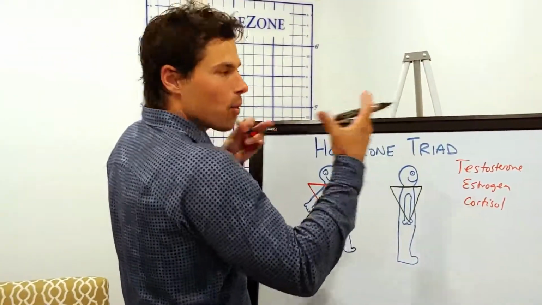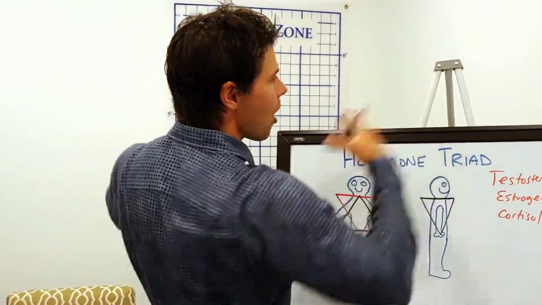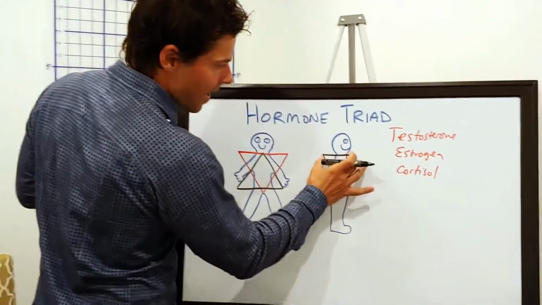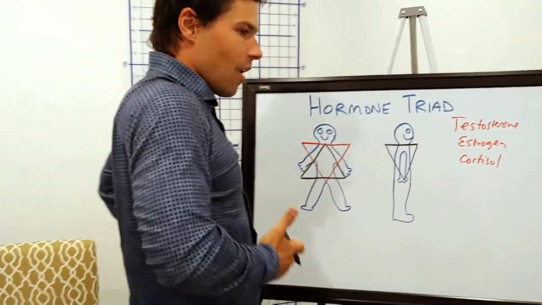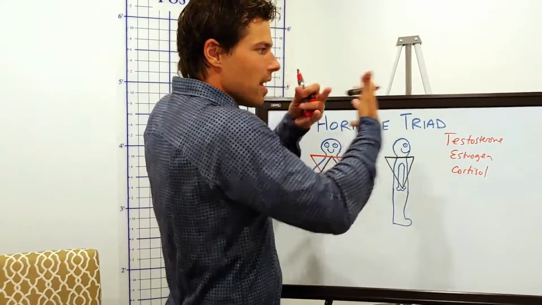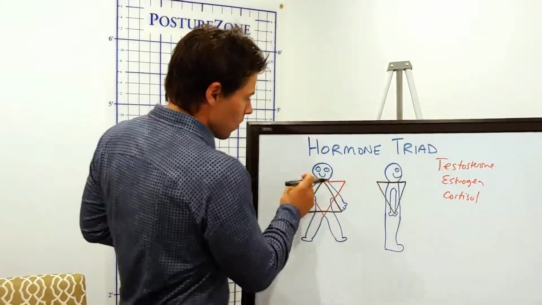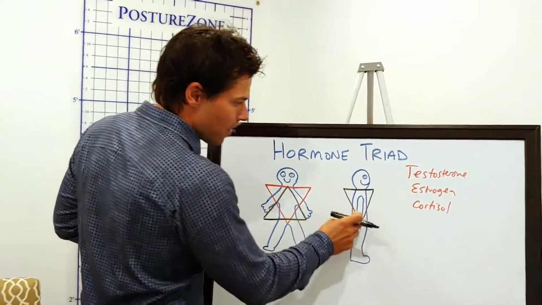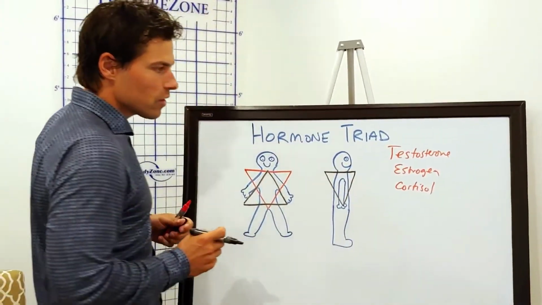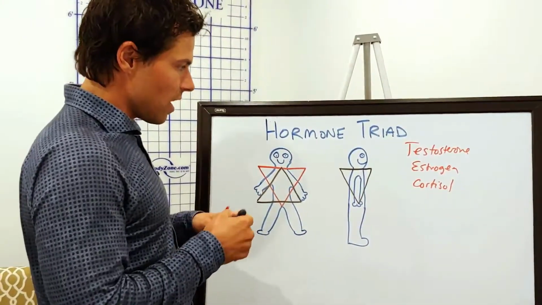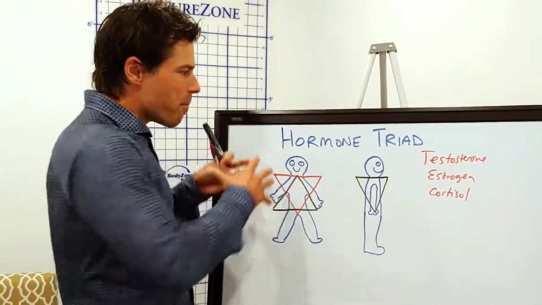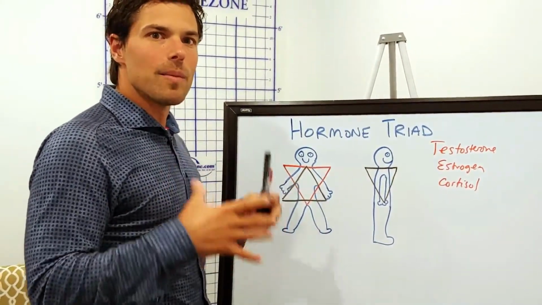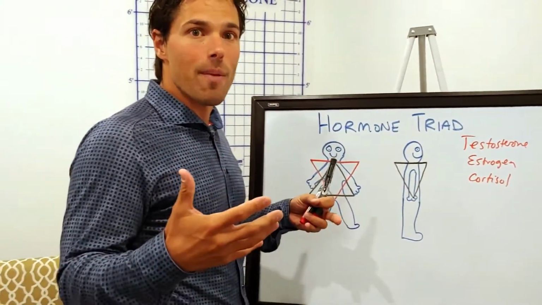If you take a side profile, you get really broad up top and thick through the chest and thick through the upper back. And then it tends to just kind of narrow itself back in. But there's a real thickening in the width of the body like that. So there's testosterone, there's estrogen dominance, and then there's cortisol dominance, which is that stress hormone. So it's just a nice, simple body architecture way to quickly assess maybe whether there are any hormone imbalances,